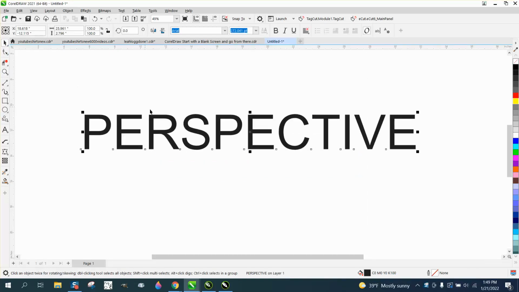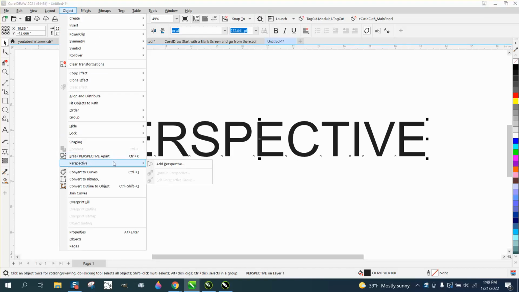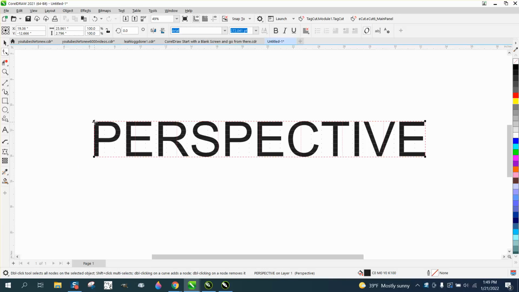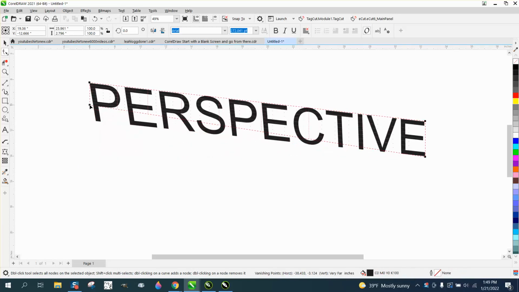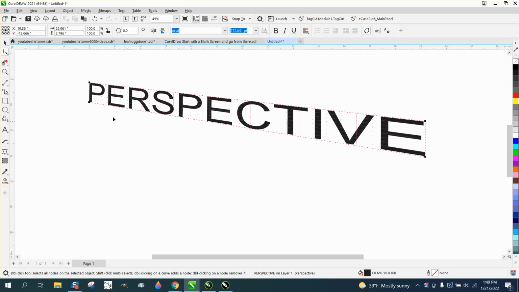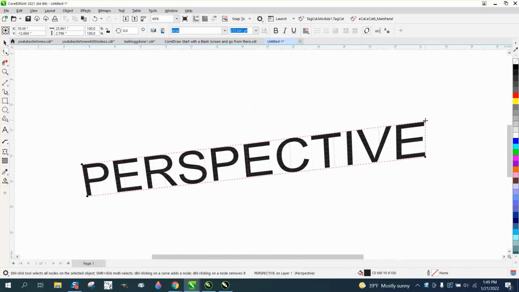And last night I made a video about the perspective tool that's pretty cool. If you go to Object and add perspective, you can change the way things look like they're disappearing into the distance. Normally you would probably do it the other direction, but you could change your note. Anyway, I stated in that video that